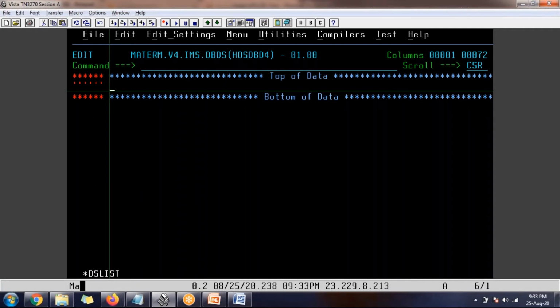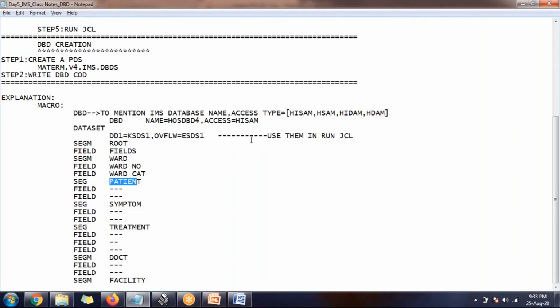One more doubt, Venkat. For other access methods also, like HISAM, different access methods are there, right? DD1, DD2 you have mentioned. For all of them, do we need to mention that in the JCL? No, it is not required. If you take HISAM, only one DD name might be enough.